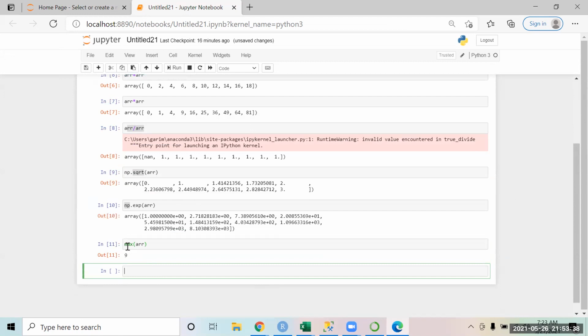This function is not a part of NumPy; even if I didn't have NumPy, this will work. But if I want to use the max function from the NumPy library, I will say np dot max of array. The output will be the same, but the only difference is this max will now be coming from the NumPy library. The earlier one was coming from the base Python that we had installed.